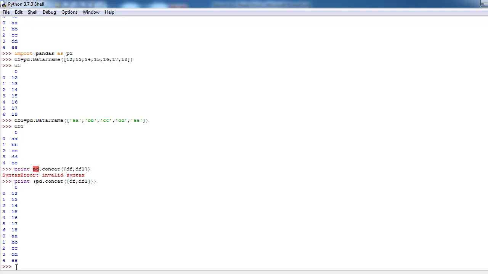So now print pd dot concat of tf comma tf1 comma ignore underscore index is equal to true.